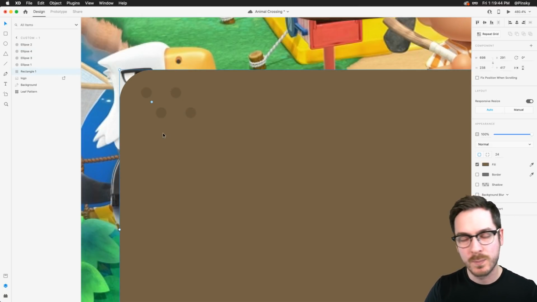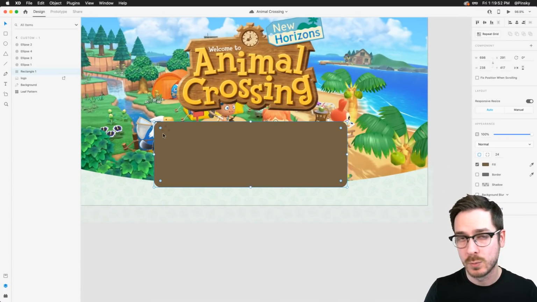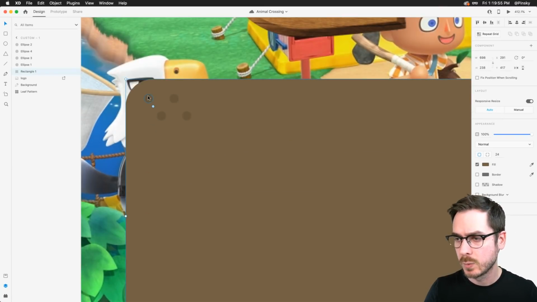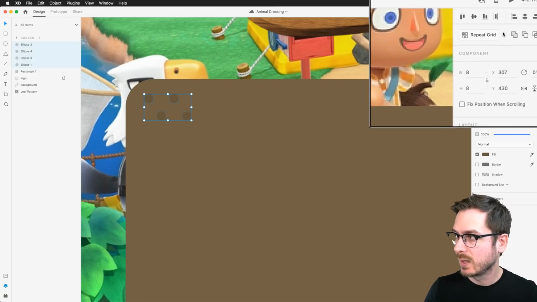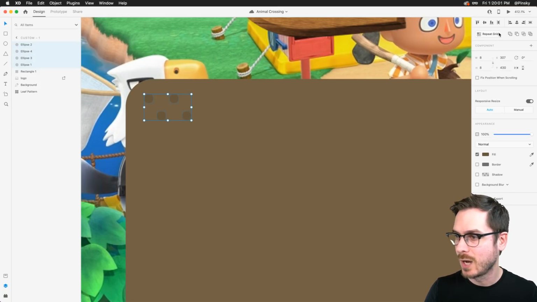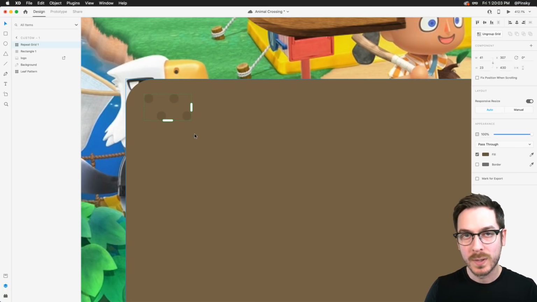Now, of course, we don't want to sit here all day replicating each one of these dots. Nobody wants to deal with that, because this will take us quite a while, right? So what we're going to do, we're going to select all of these ellipses, and once again, we're going to hit our lovely repeat grid button at the top. Boop. And now we're able to create our own